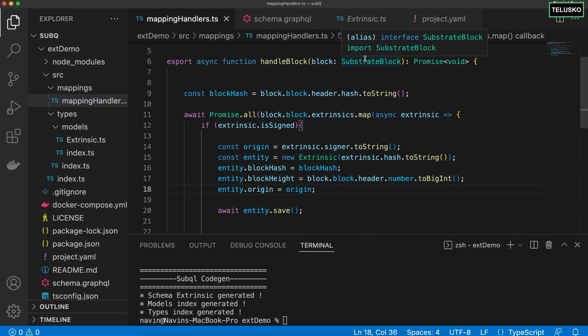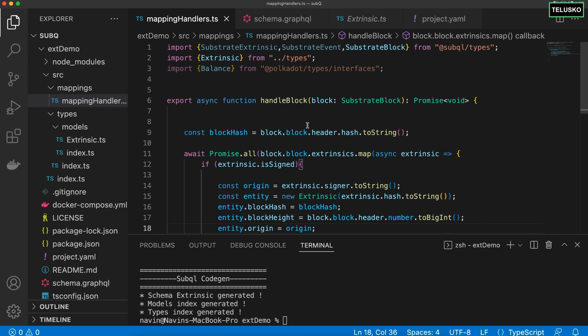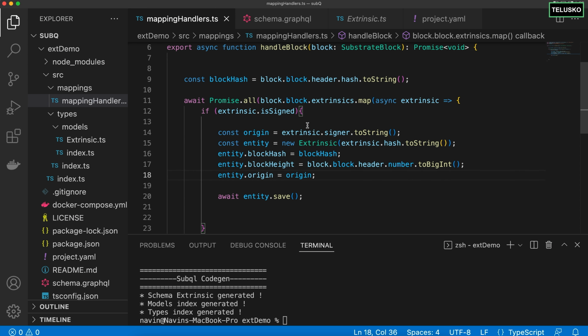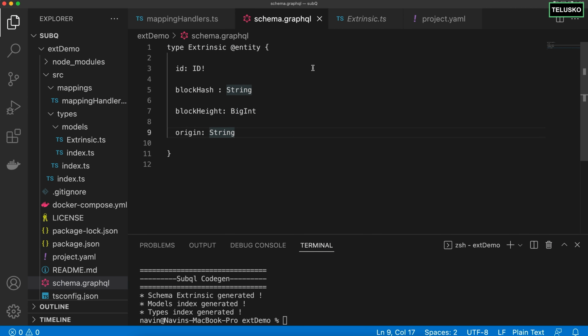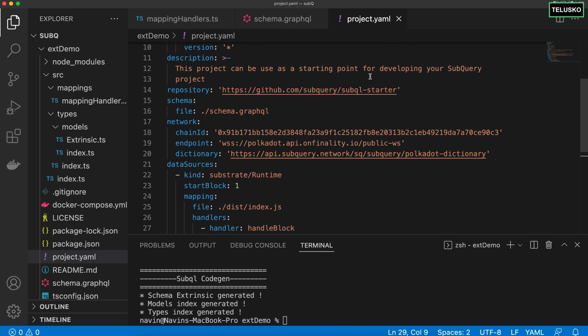And that's done. So basically, till this point, we were able to create this mapping file, and we are only doing it for the block handler, right? We're not doing it for other stuff. And we have made a change here as well. Instead of block height being string, I've made it bigint because that makes sense. The height is a number. And then done the mapping, project.yaml, okay, everything looks good.